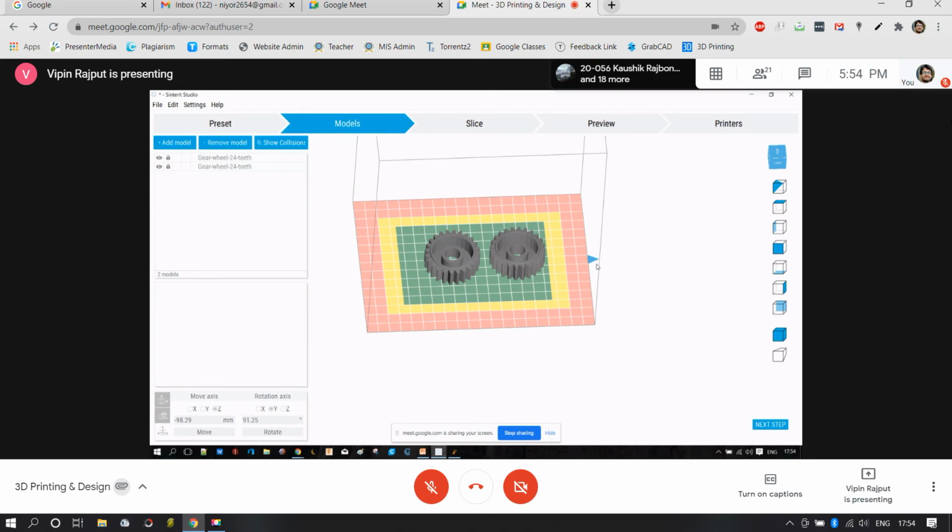All these things can be neglected in case of SLS. The only thing you need to consider is the orientation of the model. If the orientation of the model is apt enough, the machine will perform to its peak proficiency and give you very good results.